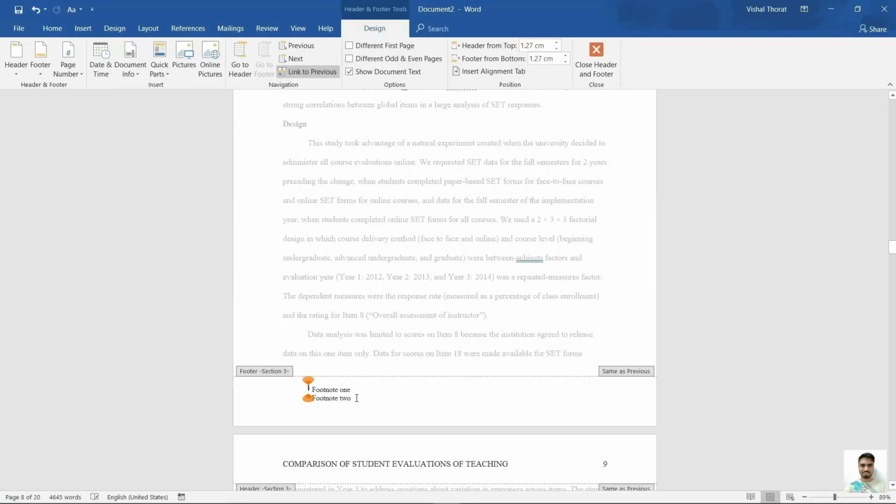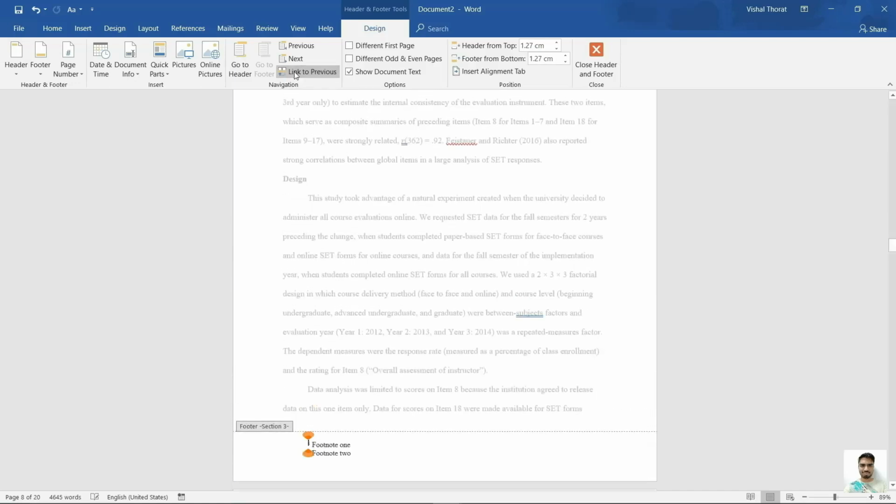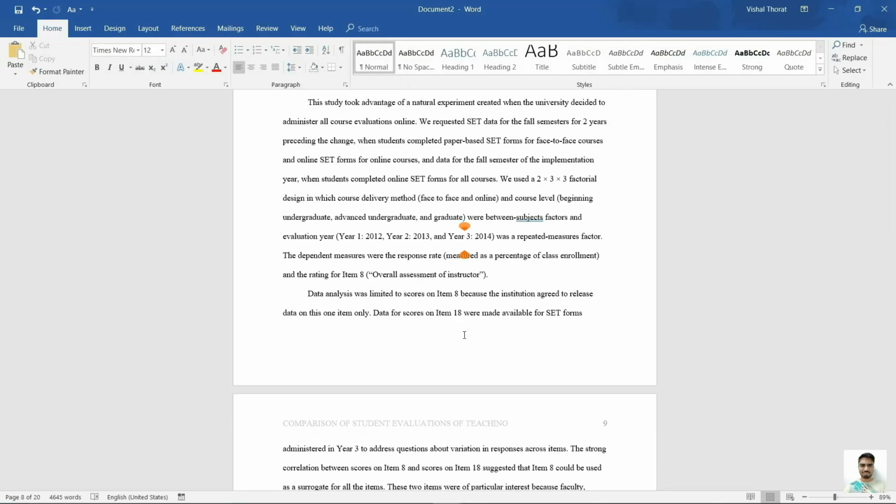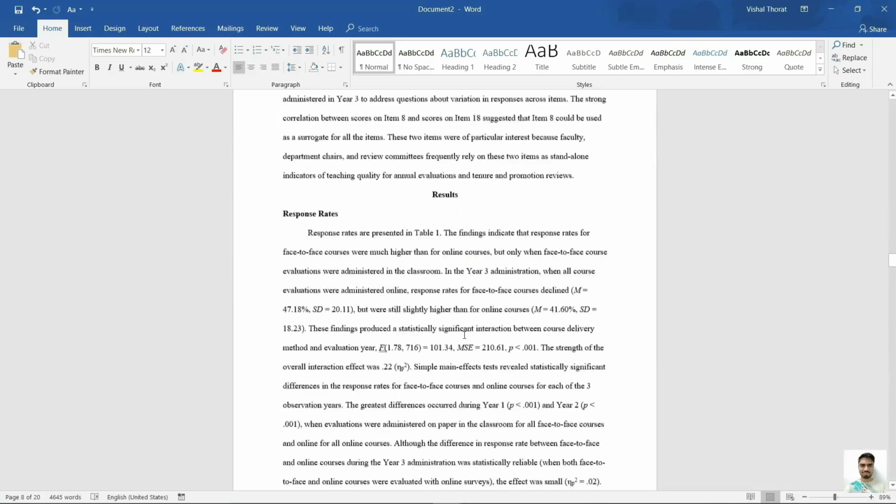Double click to activate footer. Deselect the link to previous feature and remove these footnotes. Double click in the middle of the page to close footer. And that's how all footnotes on the following pages are removed.